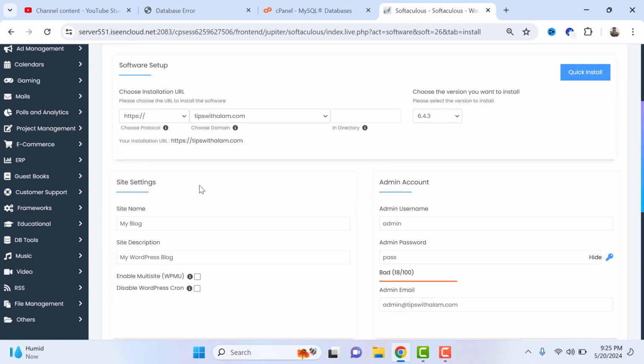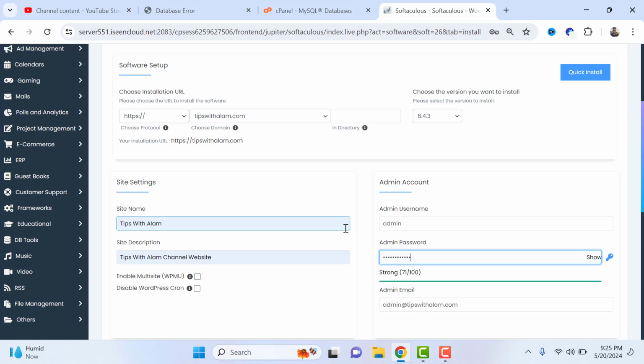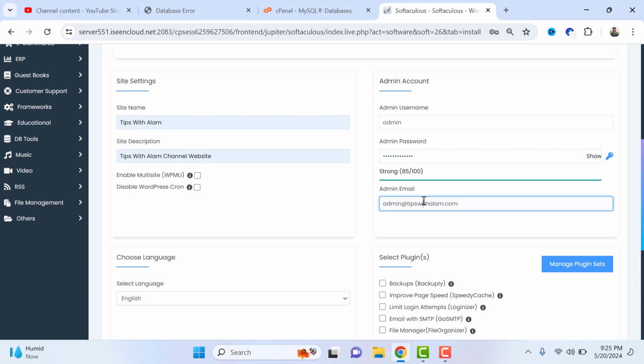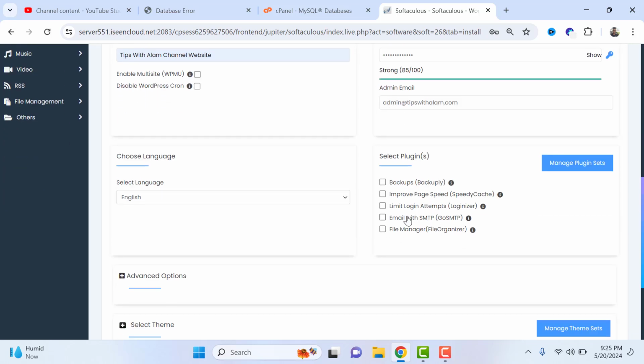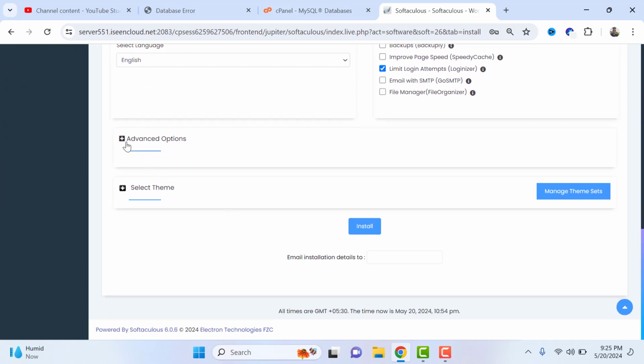Click on install and then enter the site name and the site description if you want to. Let me quickly give a small description of my channel, and then set up the admin username and the password. Make sure you set up a strong password, and now you can give the admin email if you want to, and make sure to check on limit login and then click on advanced options, and here in the database name